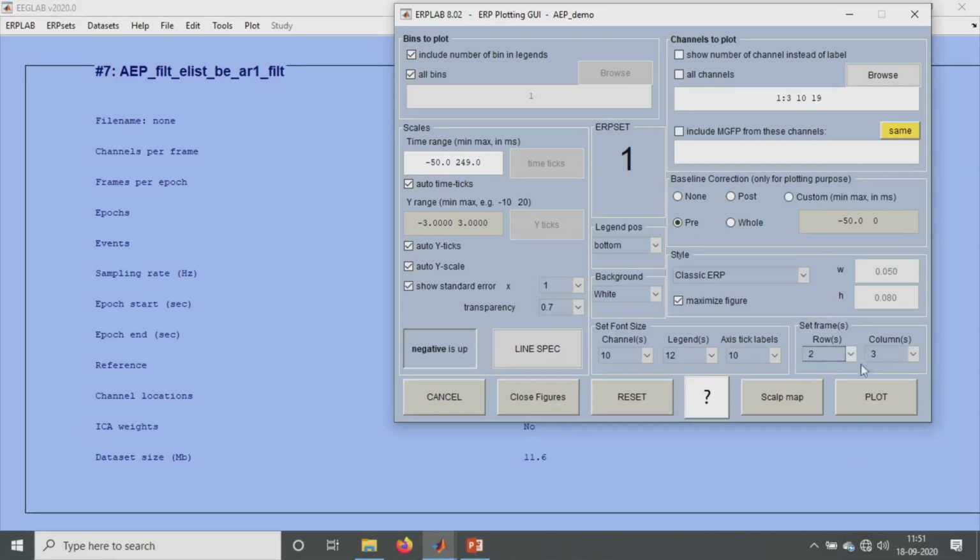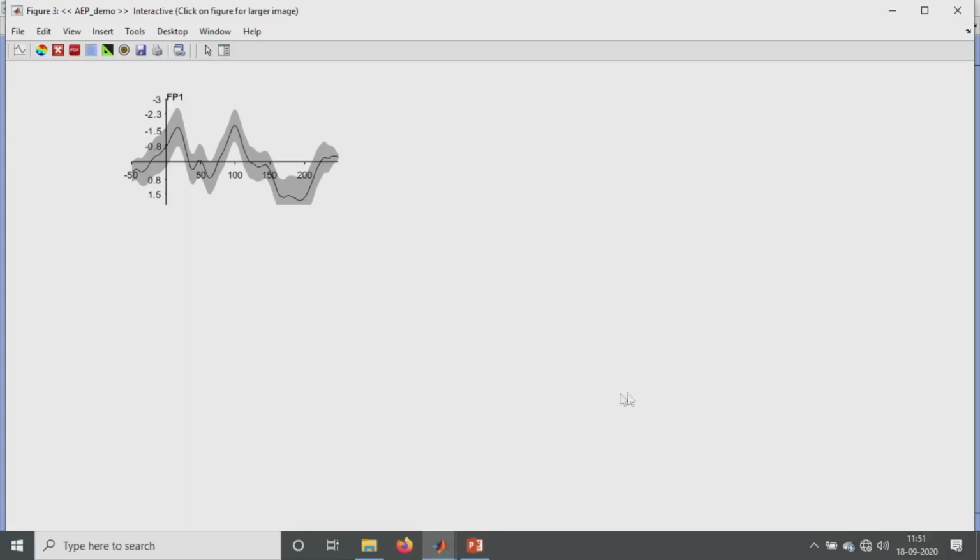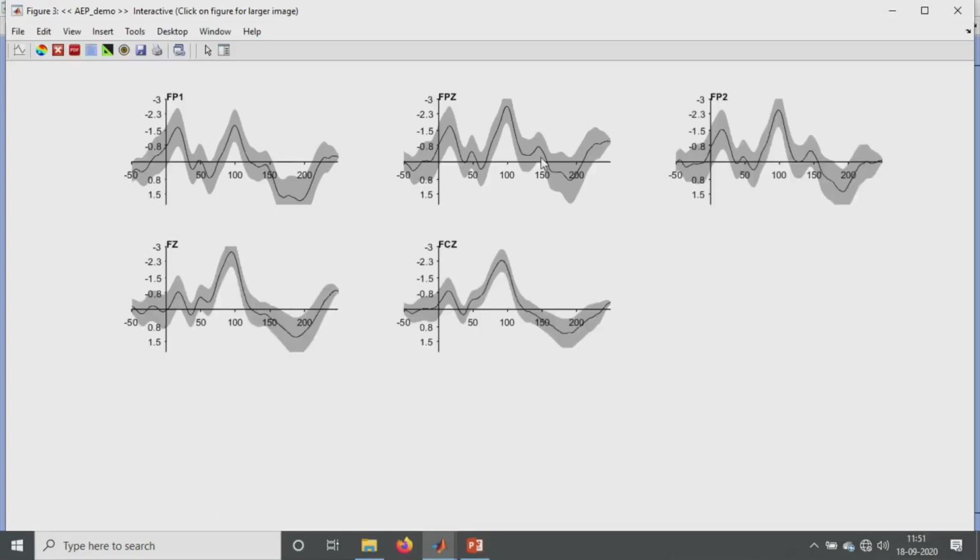We can set how many rows and how many columns we want. We can always make it negative up or positive up. I'll make it negative up for this AEP analysis, and we can just plot it. This is how it looks. This gray portion is the standard error of mean, and here we have the individual waveforms.